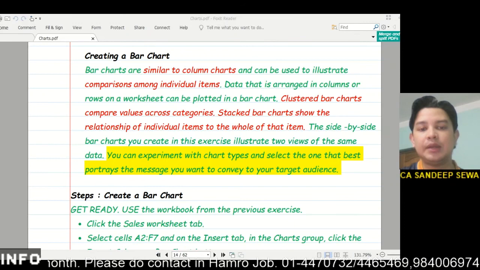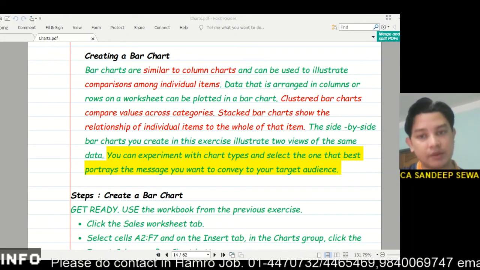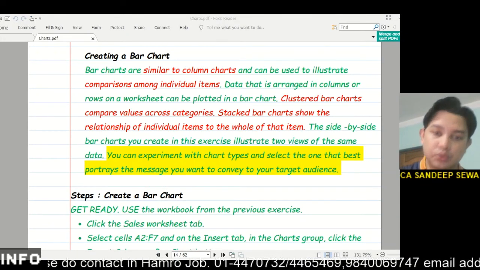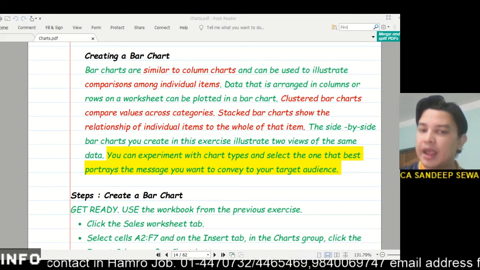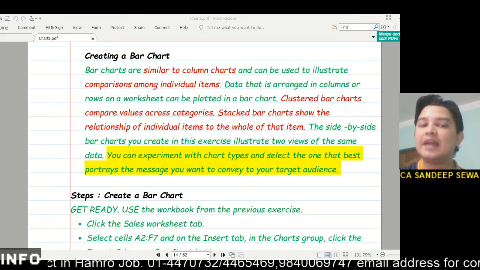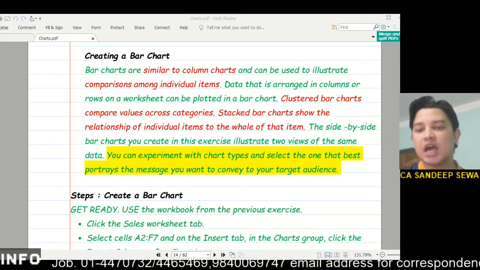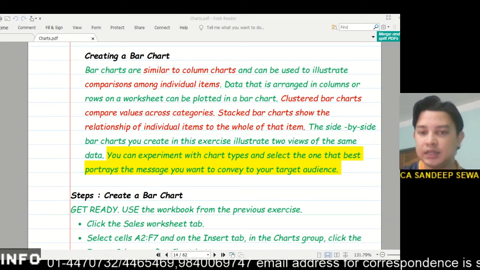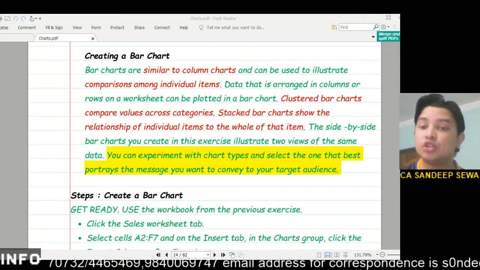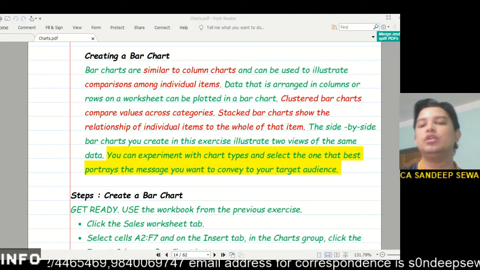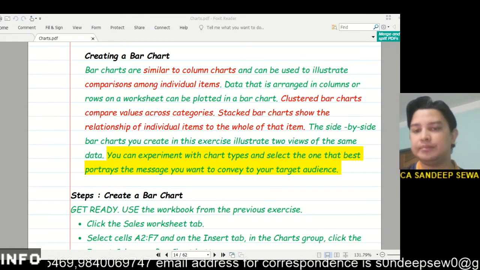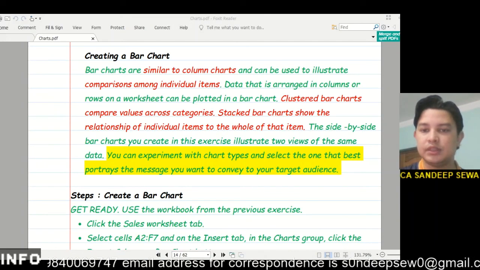You can experiment with the chart type. This is very important. Listen: you can experiment with the chart type and select the one that best portrays the message you want to convey to your target audience. Based upon your data, you have to select your chart type. This is the basic importance.